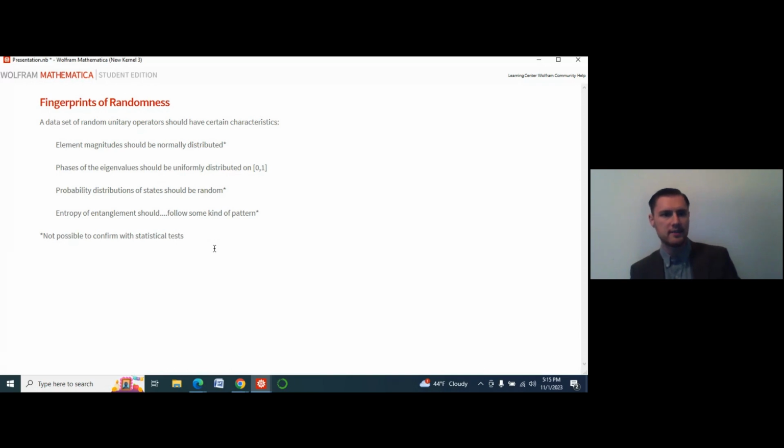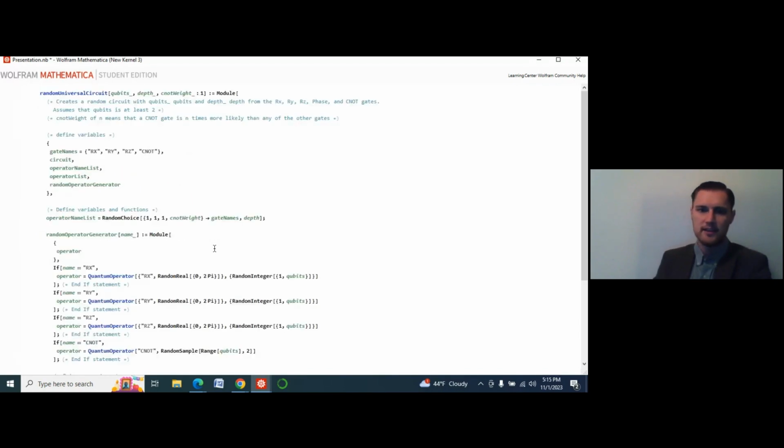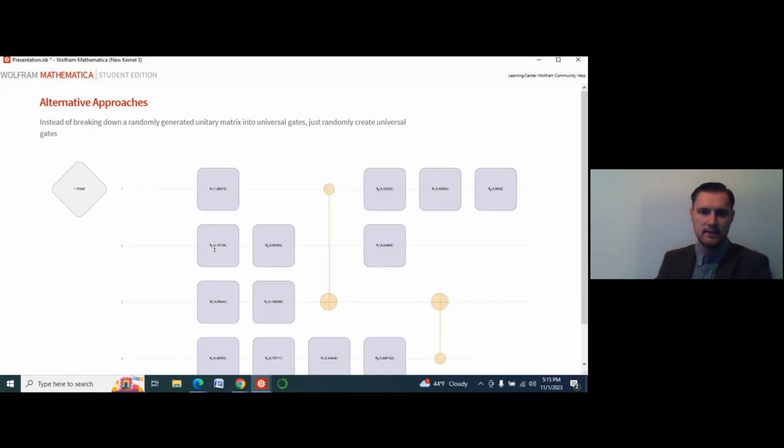And we're going to examine the sort of fingerprints of randomness. As I said, there's no mathematically proven way to go from a data set that's generated this way. I can write the unitary matrices this way. So I have this circuit, it generates a unitary matrix, and I create 1,000 of these circuits. There's no way to take that data set of 1,000 unitary matrices, in this case 16 by 16 unitary matrices,